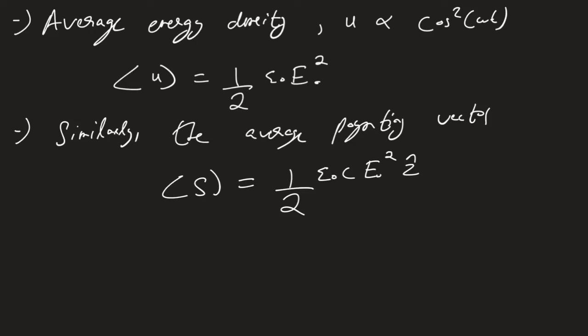So what you almost always see is averages. So the average energy density and the average Poynting vector is half epsilon naught E square. But of course, this is just true for a plane wave, right? So moving on now,